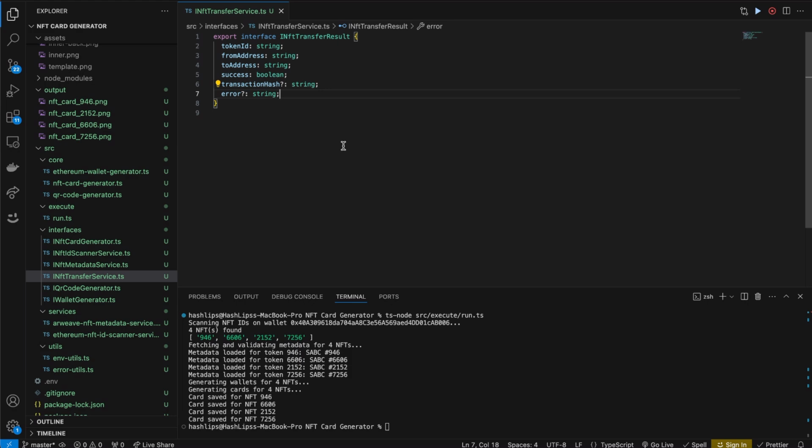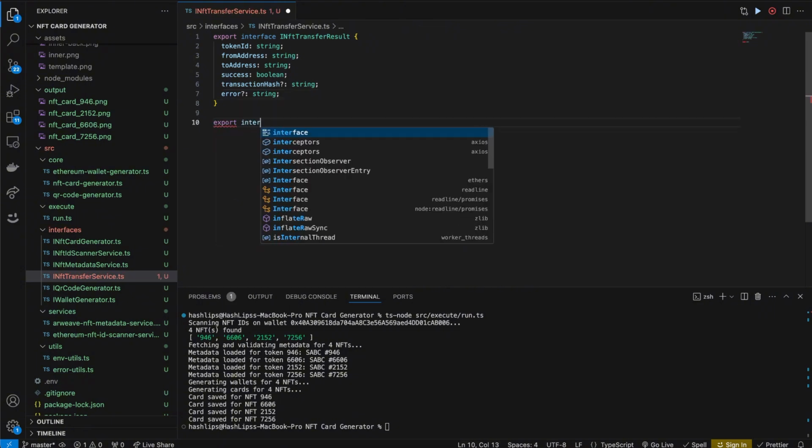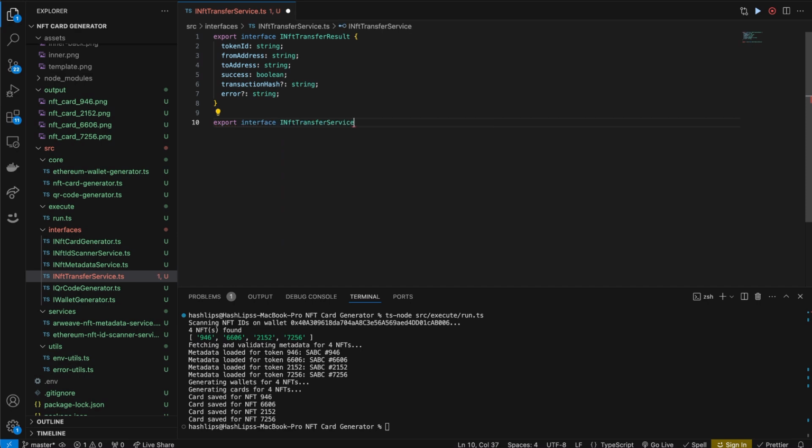and the transaction hash, and if there was an error. This will be particularly useful if something goes wrong for us to analyze and see what could have been the possible cause. Now that we have a well-defined result object, we can go ahead and define the interface INFT transfer